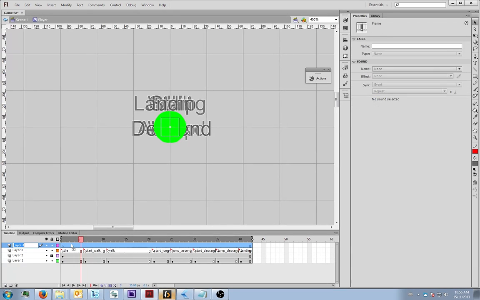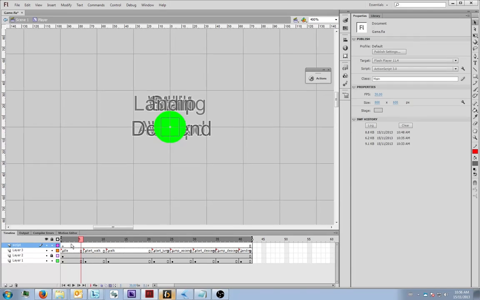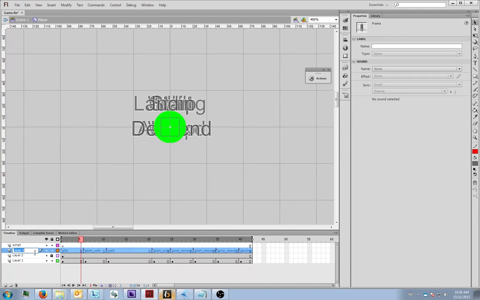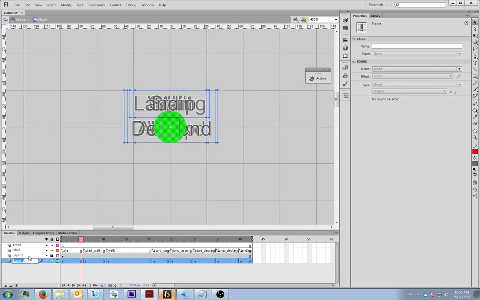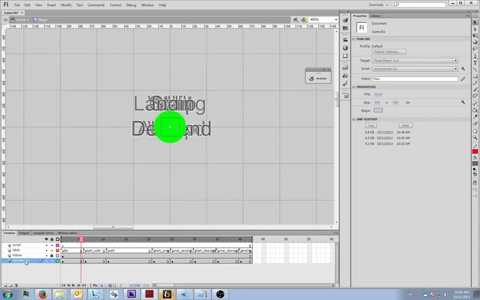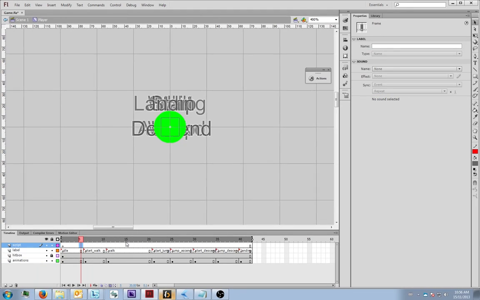So I'm going to start naming these layers. It's going to be script. One below it is going to be label. The one below it is going to be hitbox, not that it really matters. Then animations. Great, now everything's uniform, and the reason we have to do it like this is because